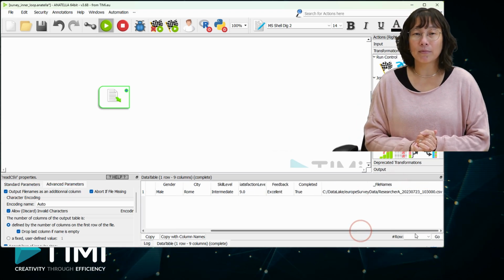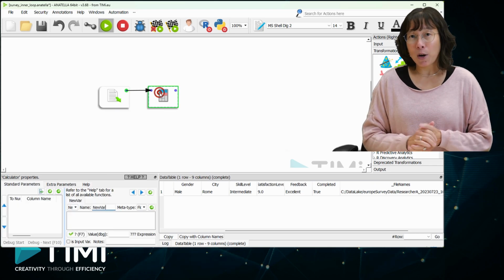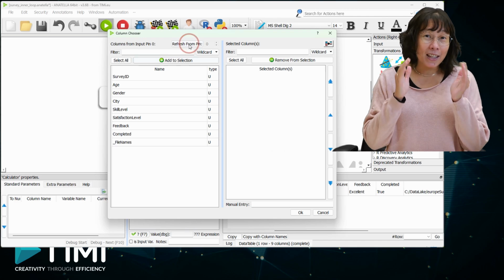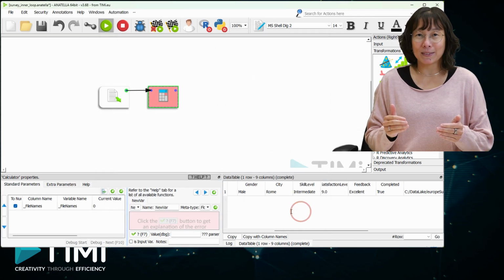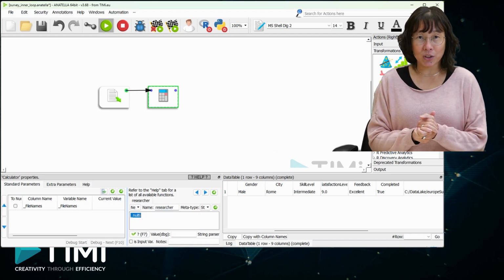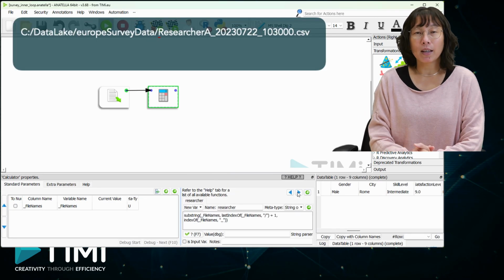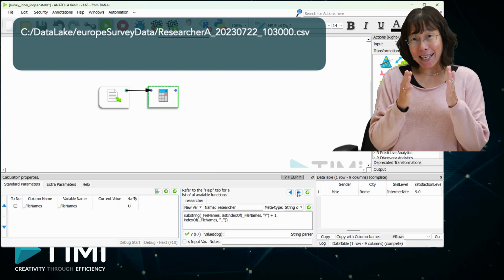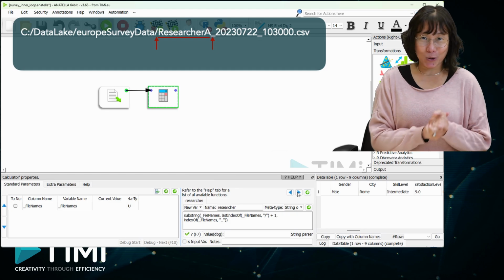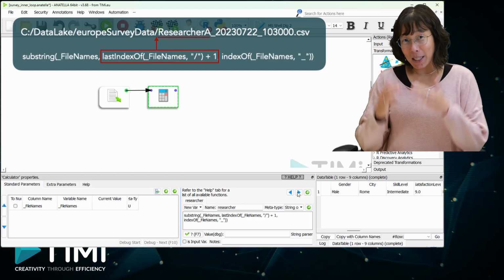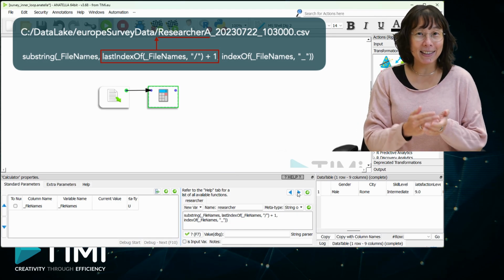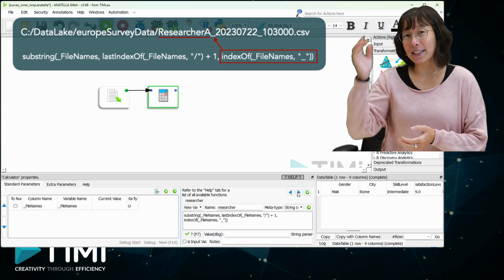Let's extract the researcher name from the column File Names. Add the calculator box, and add file names as an input variable. Uncheck the to-number checkbox. Create a new variable researcher and change the meta type to string. The researcher's name is the text between the last / plus 1 and the first underscore. Thus, take a substring from the file names from the last index of / till the first underscore. The syntax is...